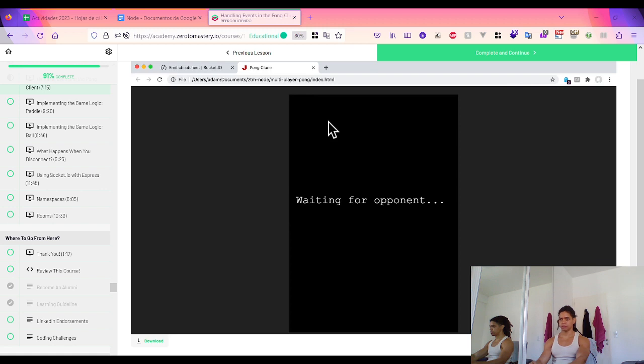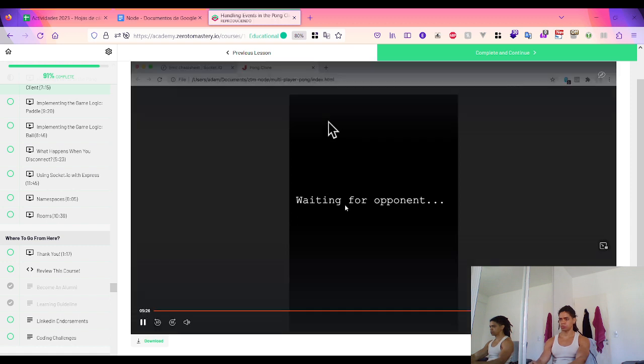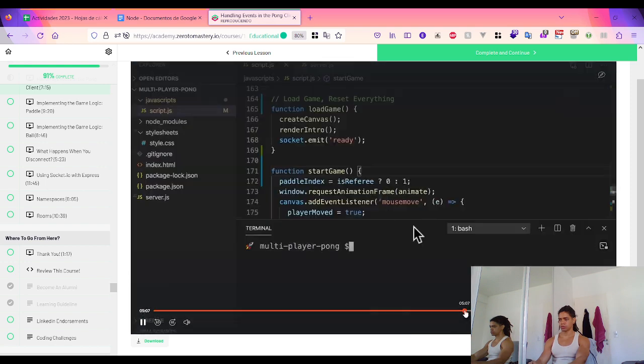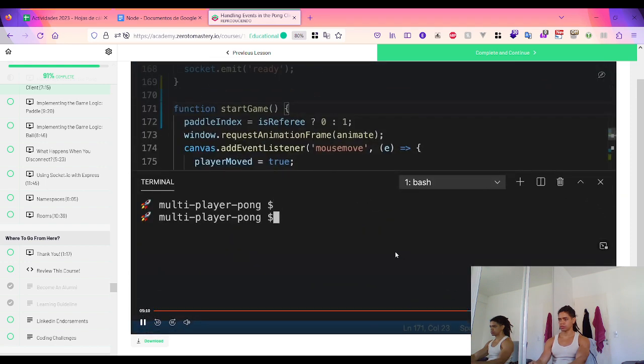That's right. Because here, when it is to open, is this Explorer, and that's exactly what we need to do. Is open with Chrome. That's right. The server. The game is starting correctly, and the referee is